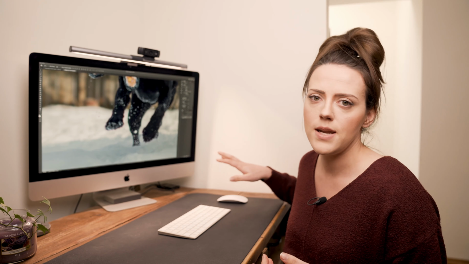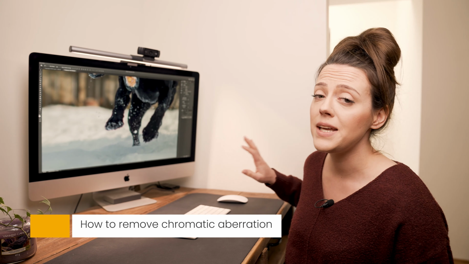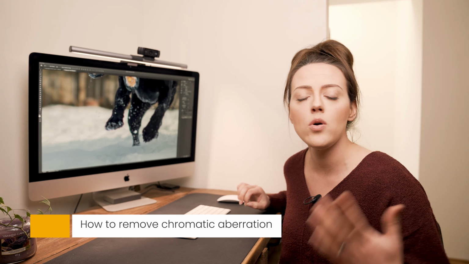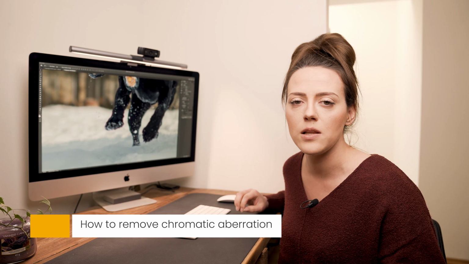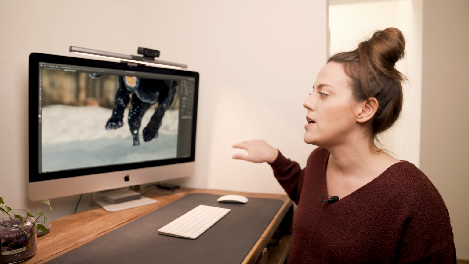So aside from all of those different things, you still can't completely, always 100% avoid it from happening. So of course, we can put those things into place, but what happens if you do end up with an image where you've got fringing, you've got this chromatic aberration? How do you remove it? Well, you can remove it in either Lightroom or in Photoshop, and other programs are available, but I'm just going to go through a very, very simple, straightforward step-by-step in Photoshop to allow you to have further control